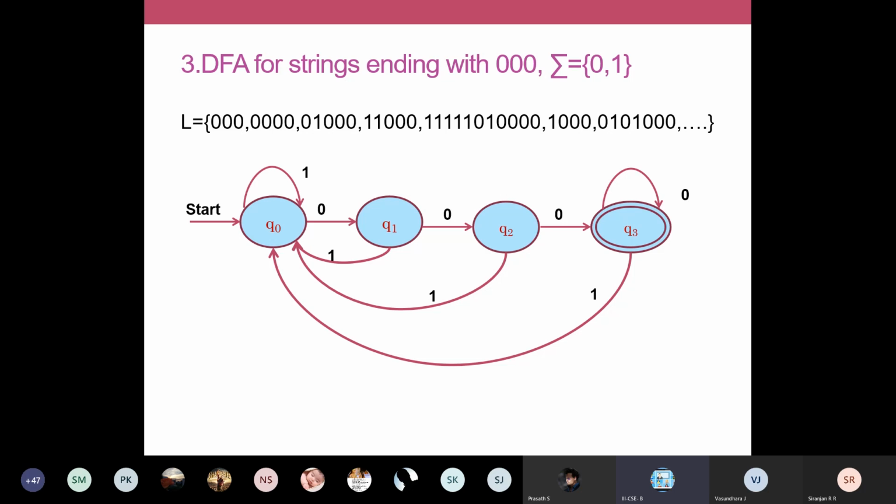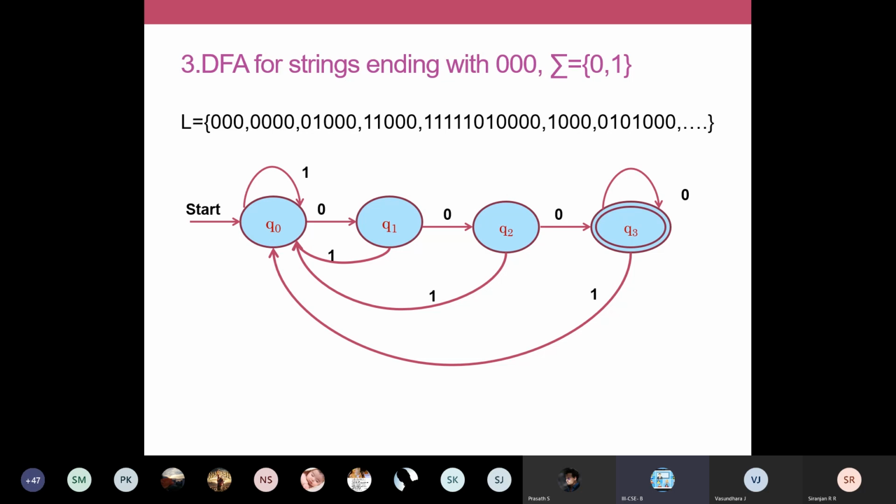So 3 zeros means you'll have 4 states. If the number of symbols in your string is 3, you use 4 states, from initial state to accepting. After reading each 0, you move on to the next state and reach the accepting state. And for ending with strings, the logic is we'll be coming back.